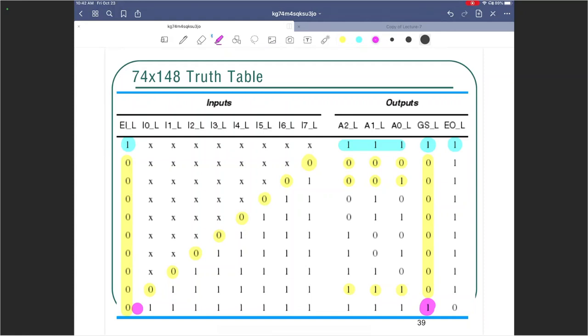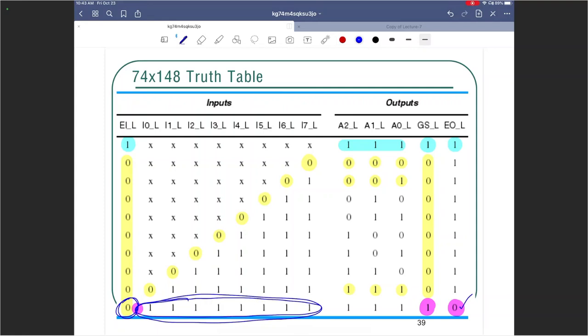Now let's go to the enable output underscore L. When do I enable the next chip? If I were to cascade 74x148, I will enable the next chip when I have a 0 over here. When do I get a 0 over there? I get a 0 over there when the chip is enabled and you did not get anything. No input is active and the chip is enabled. That's when you are going to make the enable output